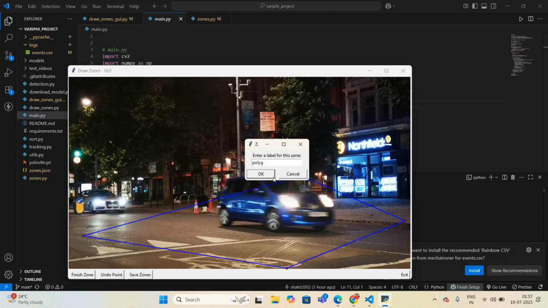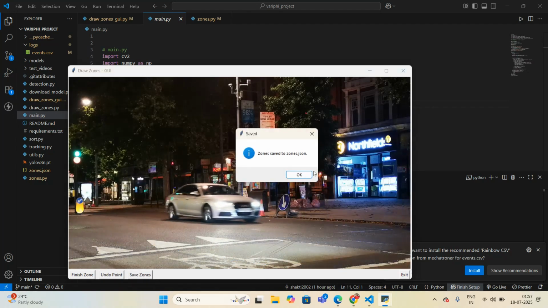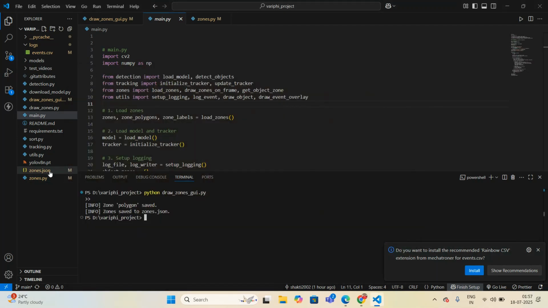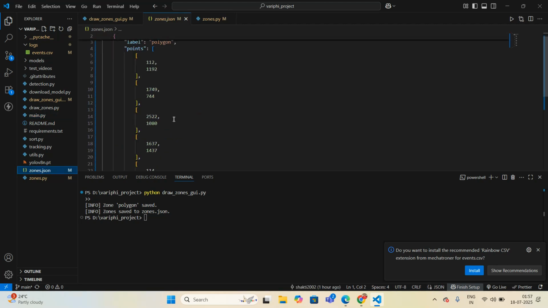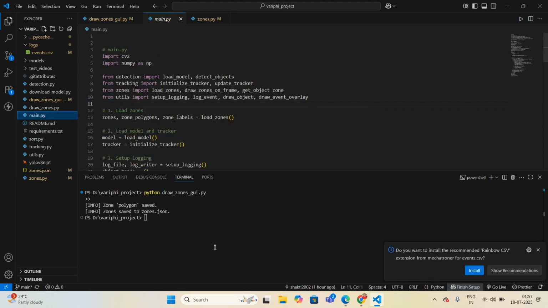Let's say I am giving it the name polygon and saving the zone. As you can see, the zone is saved and I am exiting. So here in the zones.json file, my polygon shapes are added.